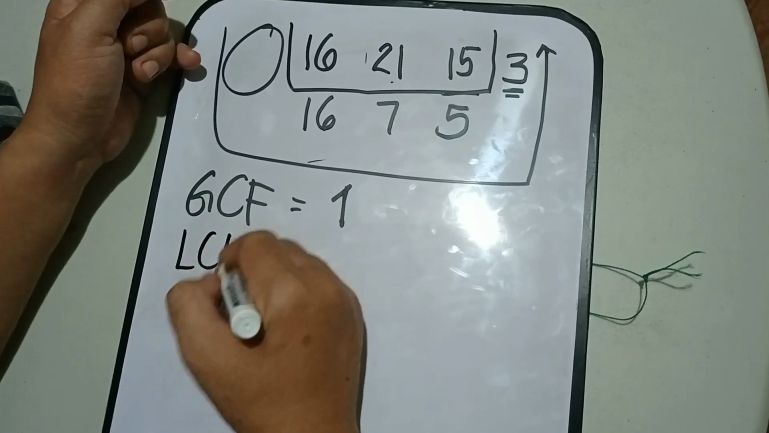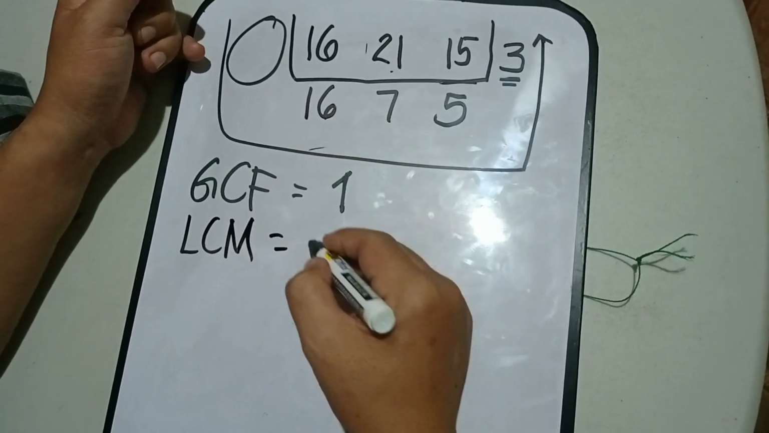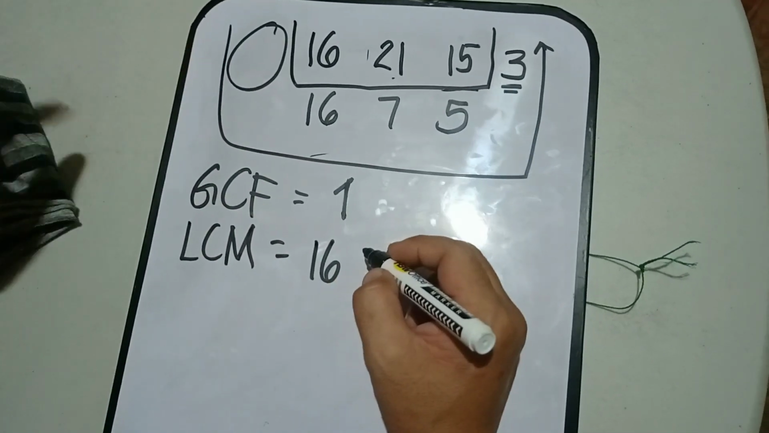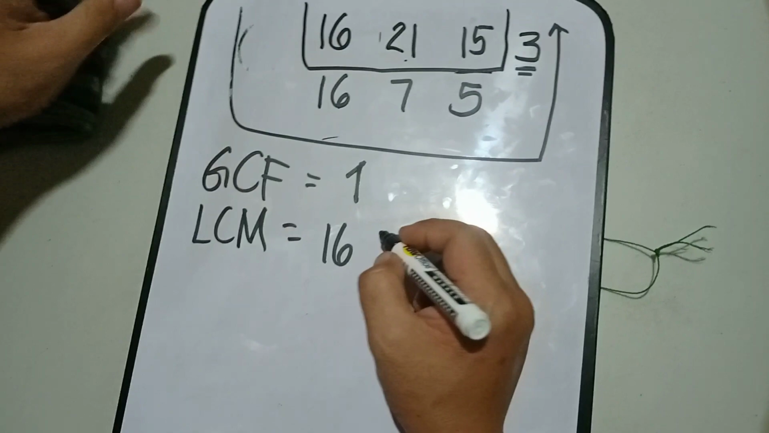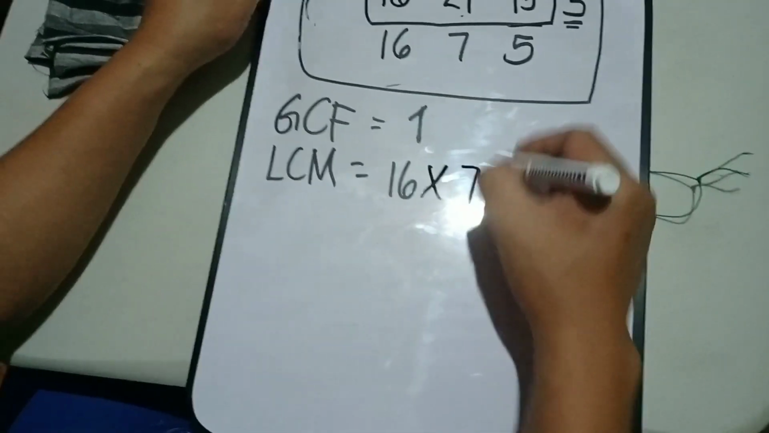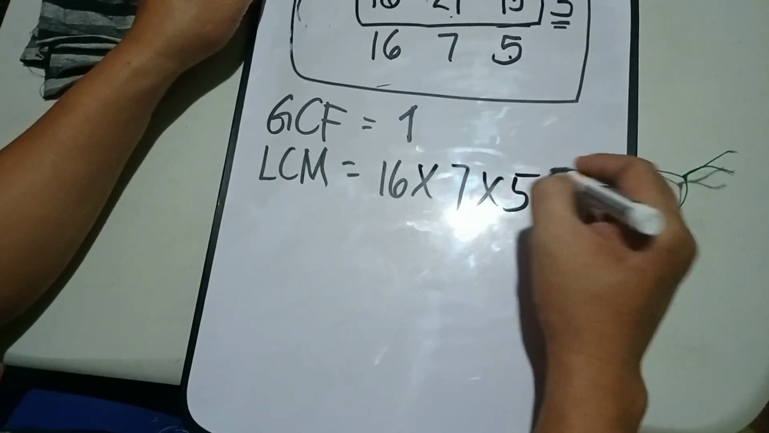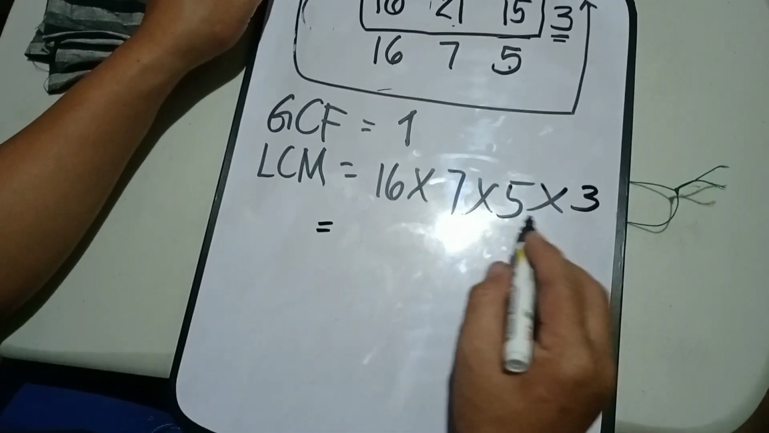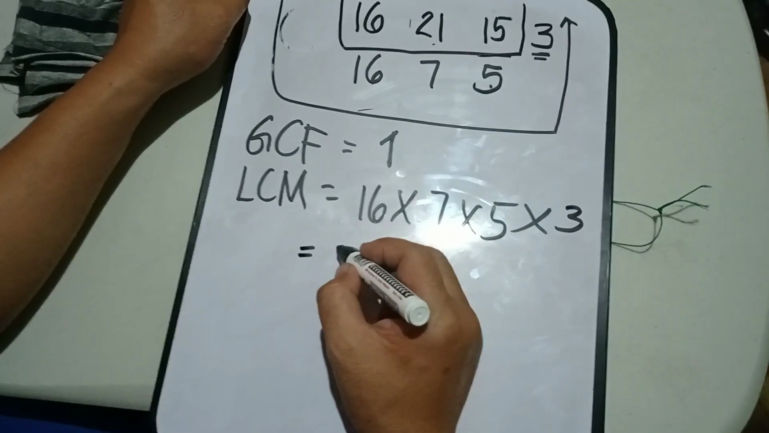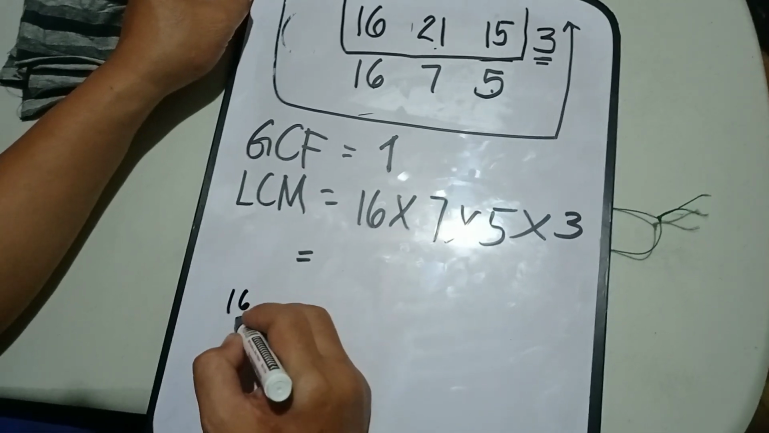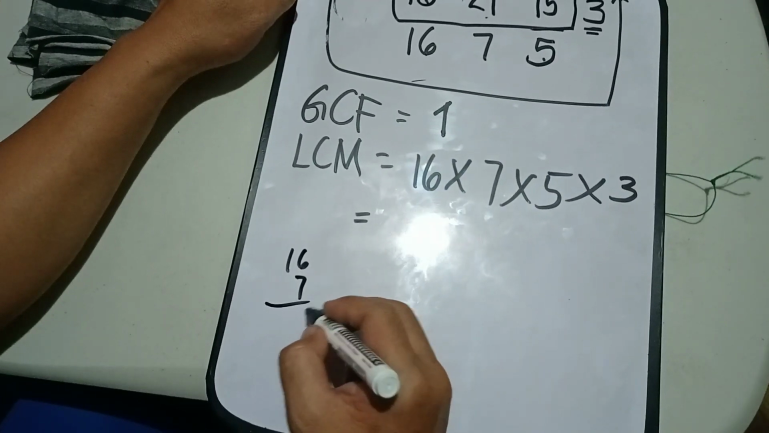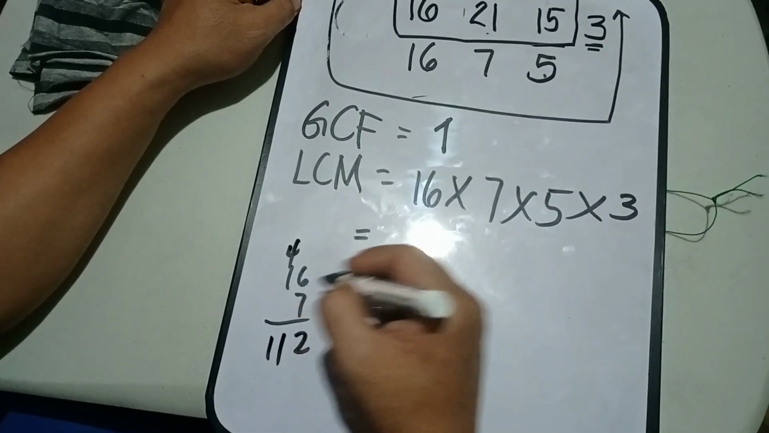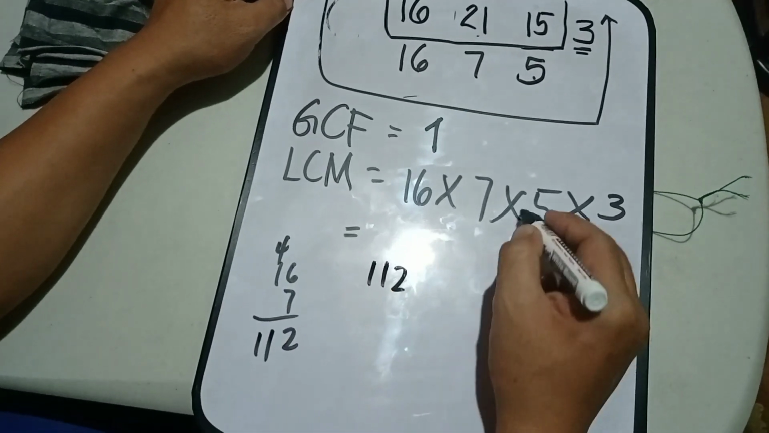Okay, LCM. So, LCM is 16. Di natin isasama yung 1. Times, try na natin ito. Times 7. Times 5. Times 3. No? So, 16 times 7 times 5 times 3. Okay, we can multiply. 16 times 7 is 42, carry 4, 7, 11. Tama? So, 112 times 5,